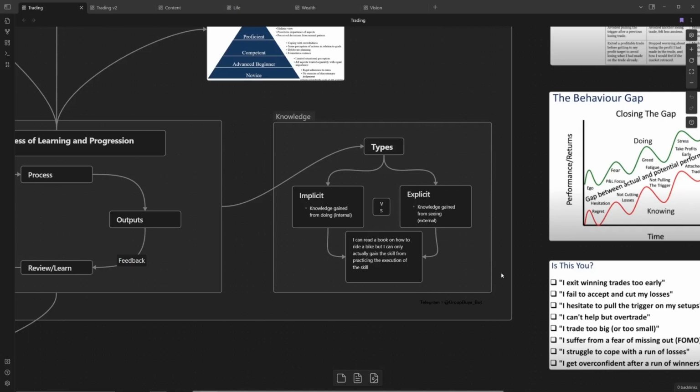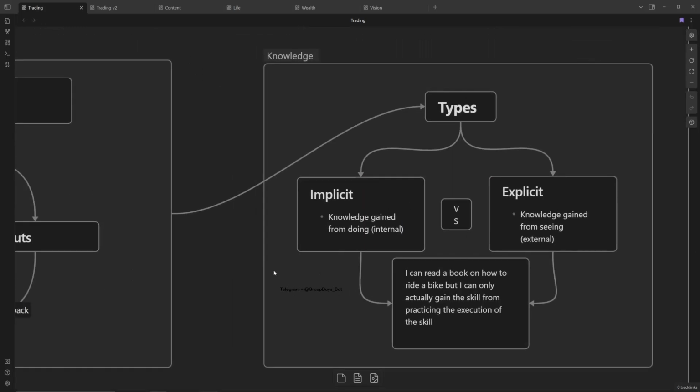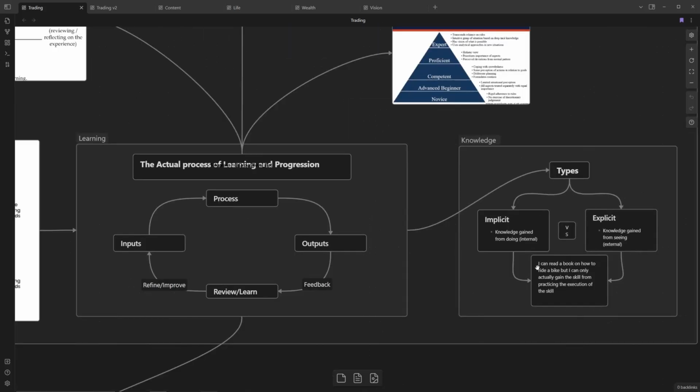If you want to get better at shooting a hoop, you can read a book or watch a YouTube video on how to shoot that hoop, but it's still limited. You might know certain techniques or pointers to improve, but you're going to get the most benefit out of practice. Doing that skill, executing on it over and over again, getting that experience, that intuition, that kinesthetic sense on how to improve. That implicit knowledge is a lot more valuable than the explicit. So that can be drawn over to trading.